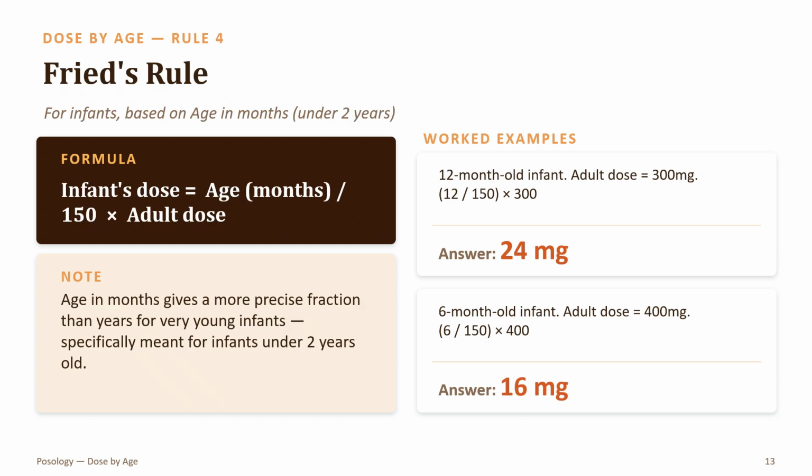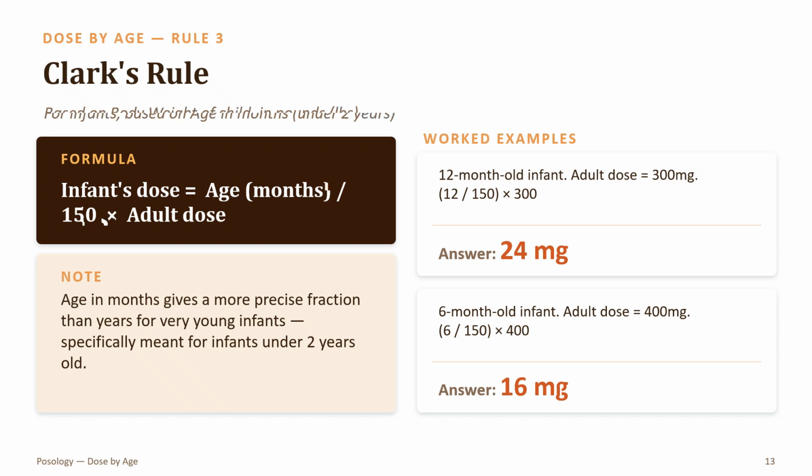Now the next formula is Fried's formula, or Fried's rule. It is for infants, based on age in months, for children under 2 years. Infant dose equals age in months divided by 150, multiplied by adult dose. Age in months gives a more precise function than years for very young infants, specially meant for infants under 2 years of age. The example is a 12-month-old infant, adult dose is 300 mg. Then the answer is 24 mg. If a 6-month-old infant, adult dose is 400 mg, then 6 by 150 multiplied by 400, the answer is